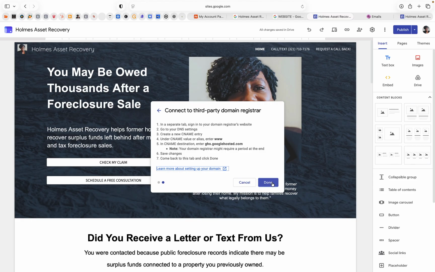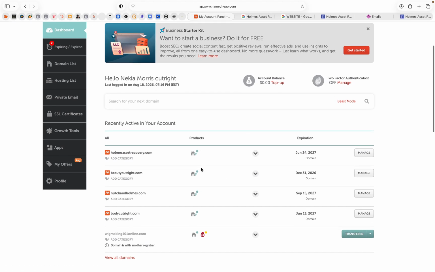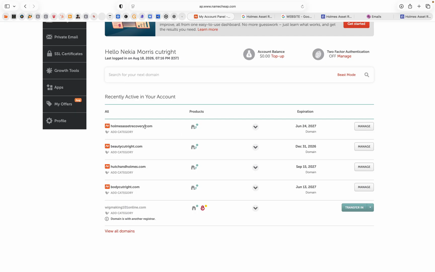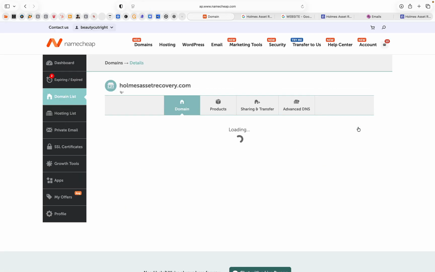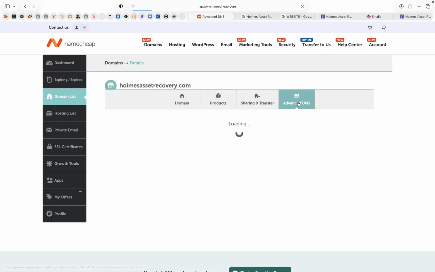Once you type in your domain name, you will come to a third party domain register menu, and it will give you directions and steps on how to do this. Now, I will show you from my Namecheap that it is already done. So I'm going to click into my domain. I am going to click Advanced DNS,